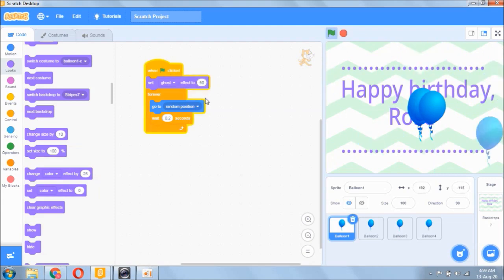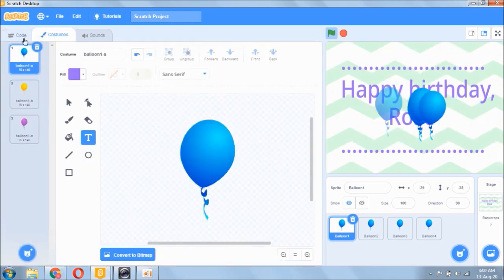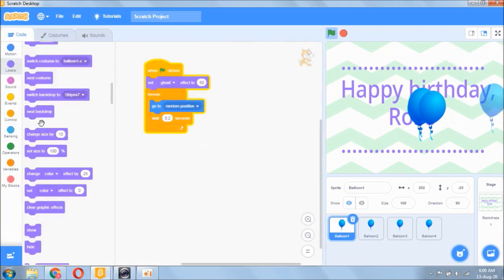Okay, so as you can see, when I'm done writing this code, I'm going to copy it to the other 3 balloons so that they behave the same way this particular balloon is behaving. If I want the balloons to switch between costumes, I said it has 3 costumes, so I'll go to the next costume block, I'll drag out the next costume block and see that whenever